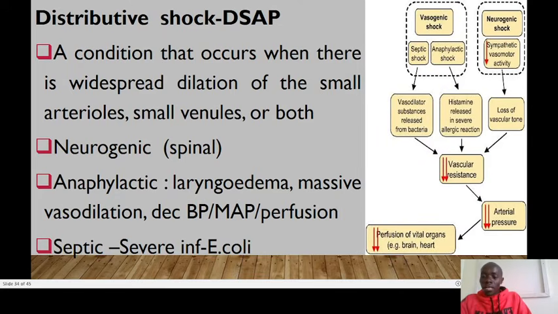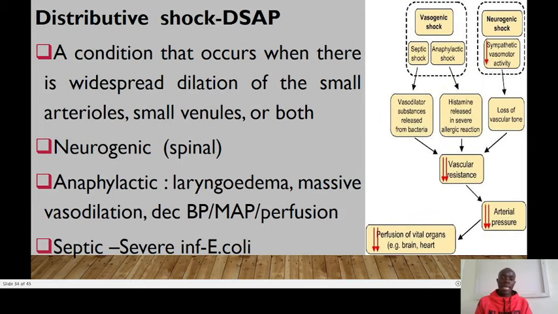Okay. Next, we have the distributive shock. Distributive shock, we have a number and abbreviated as DSOP, right? DSOP, all right. So these are conditions where there is widespread dilatation of small arterioles, venules, or both. It could be due to neurogenic, that's spinal, or anaphylactic, where we have laryngeal edema, massive vasodilation, and decreased BP and MAP. Then we have septic, where we're having